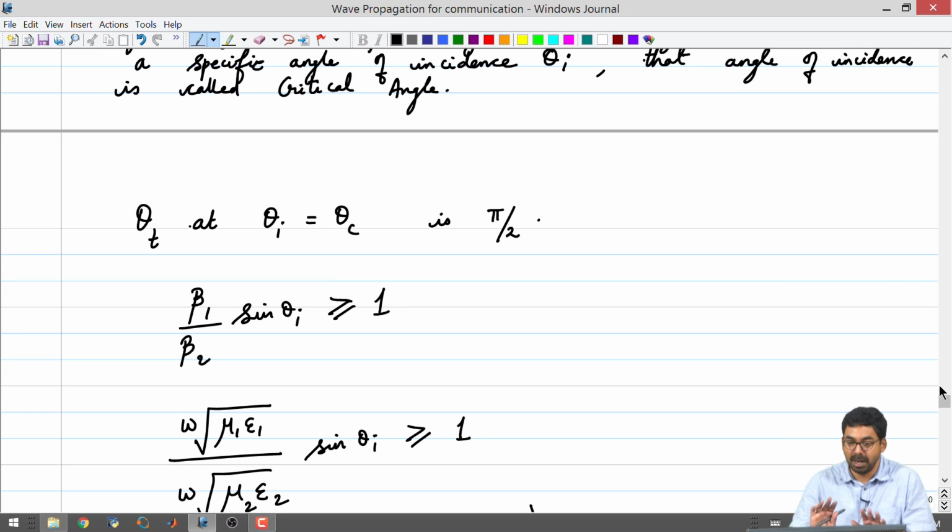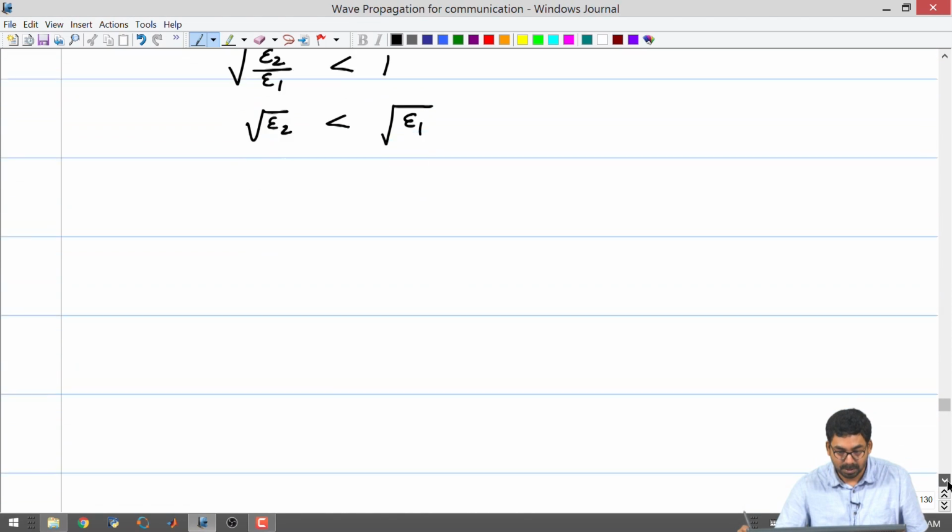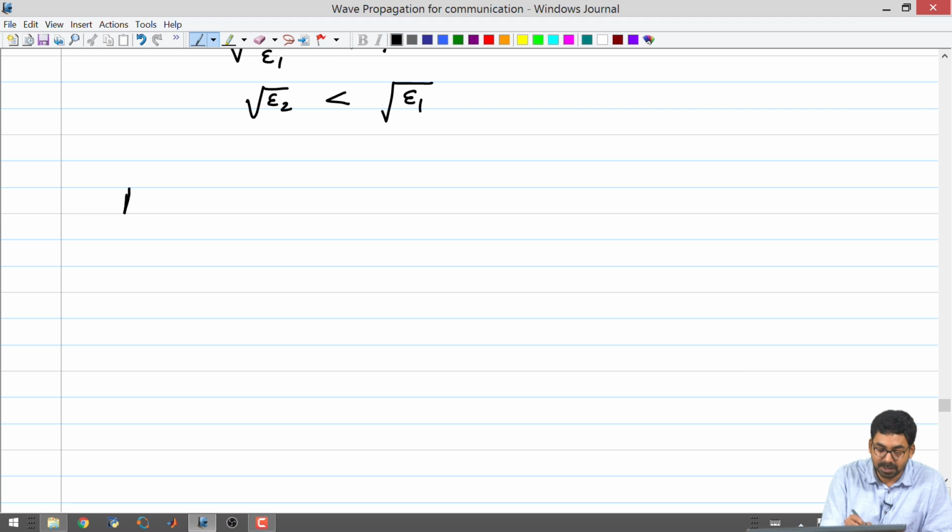Okay. So, it is not an impractical case where we are saying that theta t will become pi by 2 and sin theta t will become greater than 1. So, according to these expressions it is possible, but what does that physically mean? Something that we have to see. Okay. So, if this is the case, we have to go back to our expressions for gamma. Okay. So, I am going to just go back to our expressions for gamma.